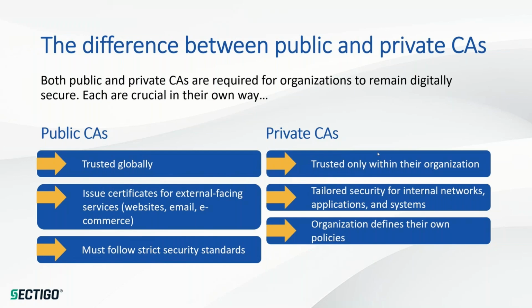And then you talked about the difference, right? External facing services, website, email, etc., as opposed to internal networks, applications, etc. This bottom one is good, though, to talk about, right? And this is what we were alluding to in the beginning. Public CAs,